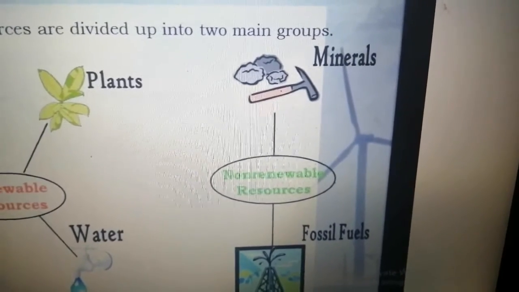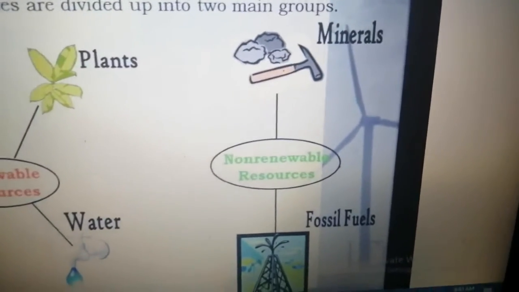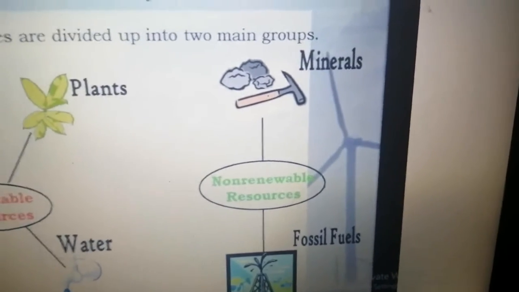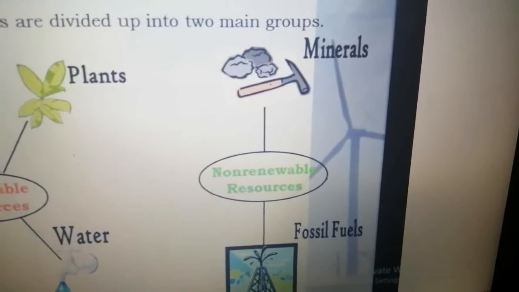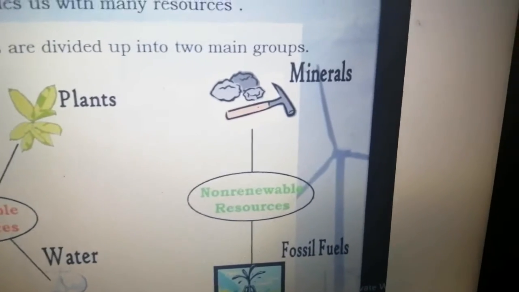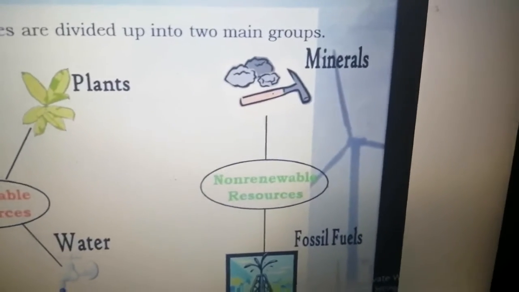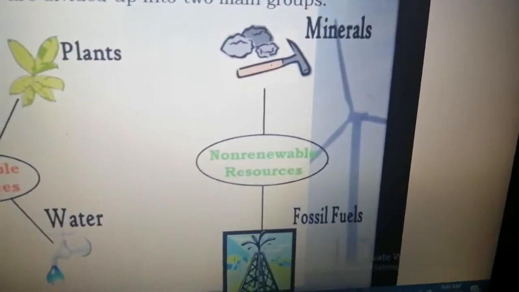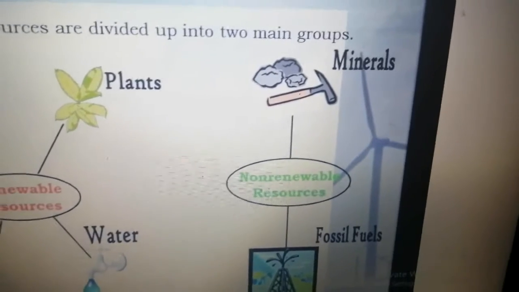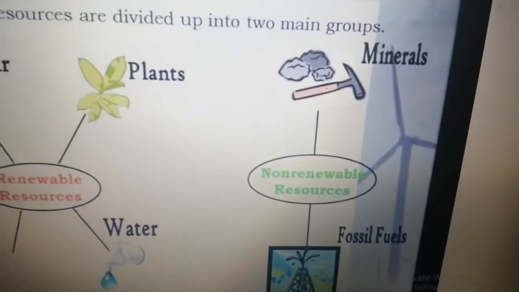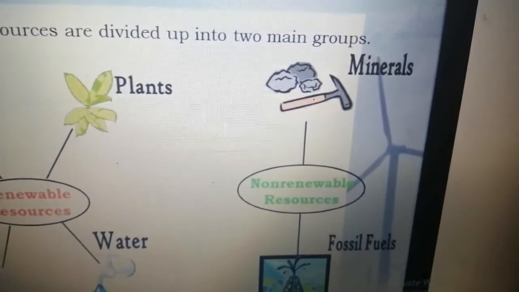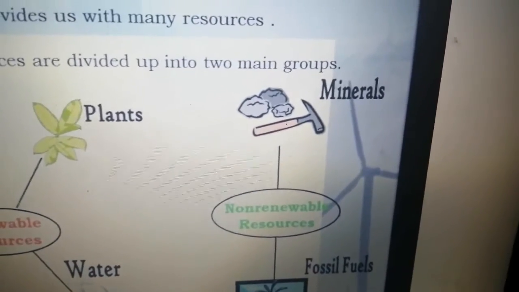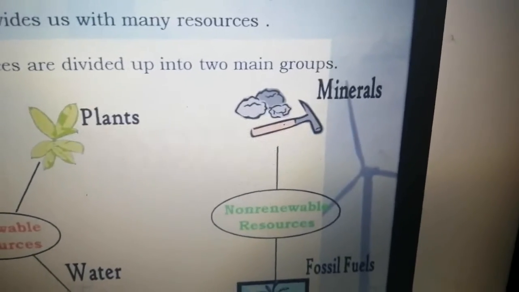Now, what I want you to do is, I'm sure everybody must have observed this at their homes, but today take time and go again and see it. Go to the kitchen and ask your mama to show you the cylinder, the red color cylinder. This cylinder is filled with natural gas, and when this gas comes in contact with fire, it starts to burn. So that is how we get fire on our gas stoves,